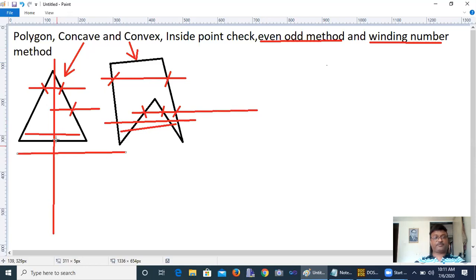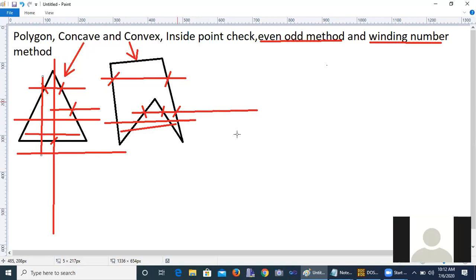That line is going to intersect all the edges of the polygon, meaning the intersection must cover all. So here there is only intersection 1, so this point is outside. Suppose I have considered a point over here, and then I start the intersection like this. So this point is going to intersect all the edges. So this is the inside point. That's why its name is winding number method.